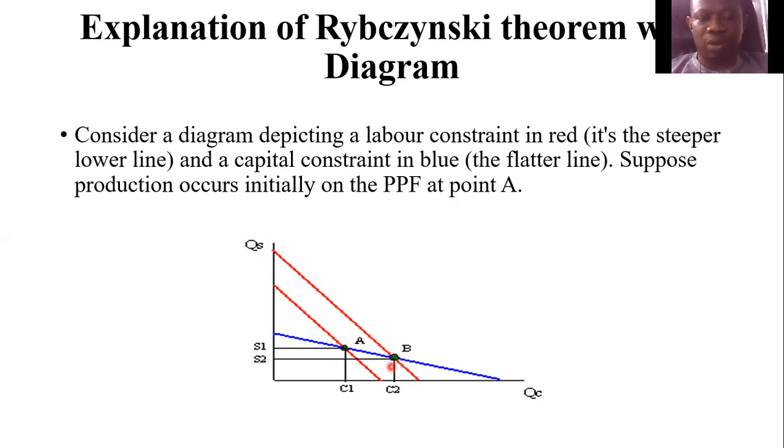And at point B now, we are producing C2 of commodity C, and we are producing X2 of commodity X, meaning that commodity X has reduced from X1 to X2, and commodity C has gone up from C1 to C2. That means the new equilibrium point between the two, based on this diagram, is B, at which we produce more of C than X.